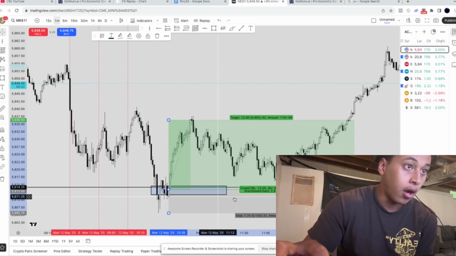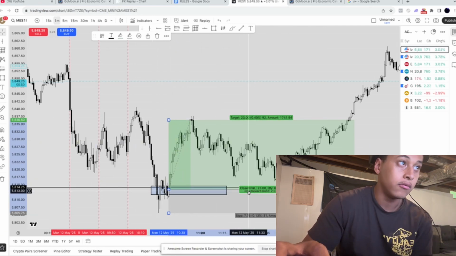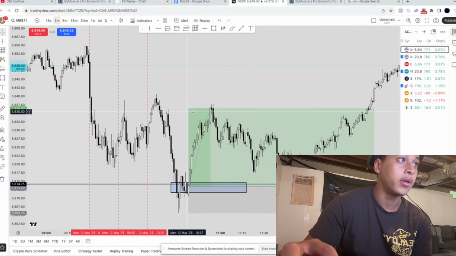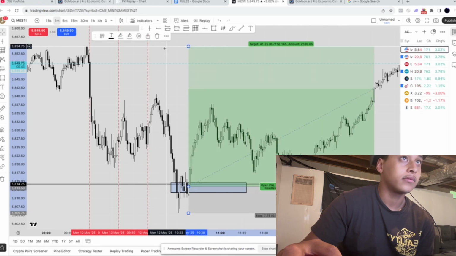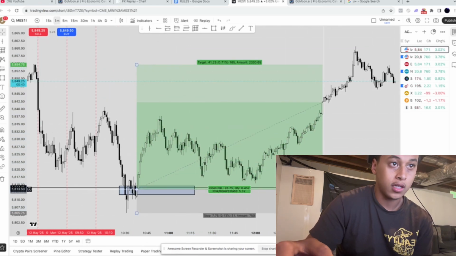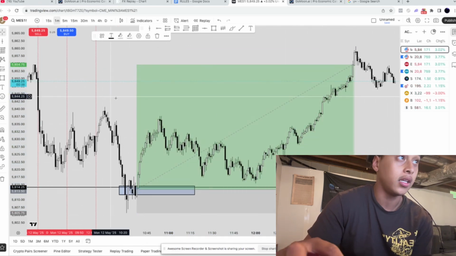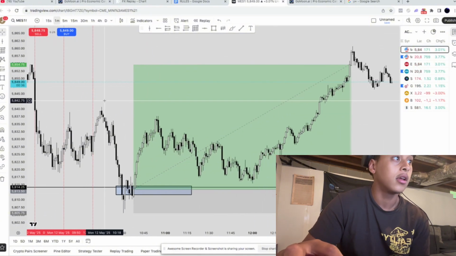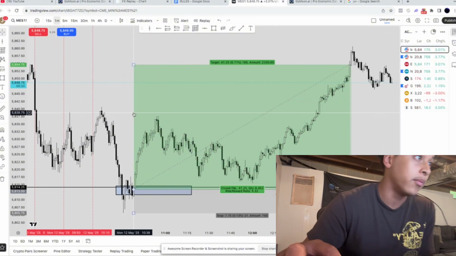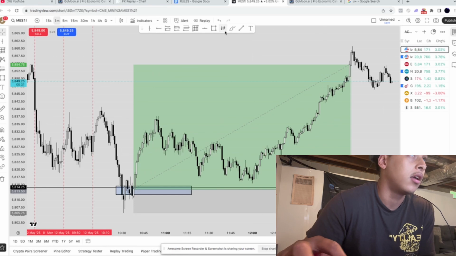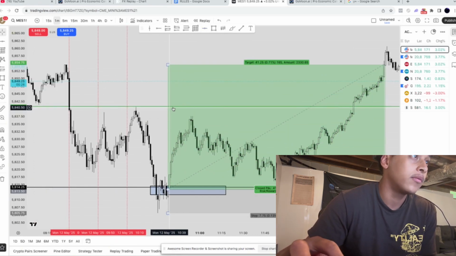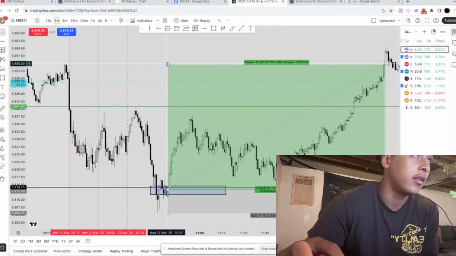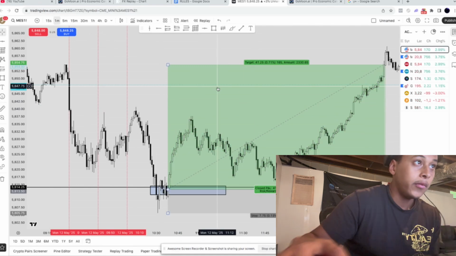You know, there's nothing wrong with a 2.97 risk to reward, compared to just trying to get greedy and wait for the market to literally come all the way up here after 2 hours, which it did. This would have been full take profits. And as we get better, we'll start doing multiple take profits, where we'll do like a take profit right here at these highs, and then take out 50% of position, and then let the rest ride till up here.